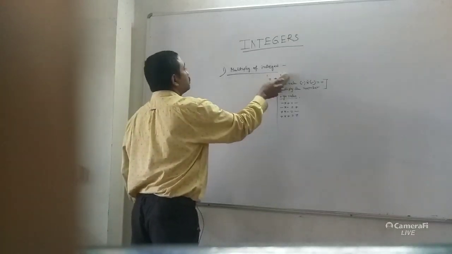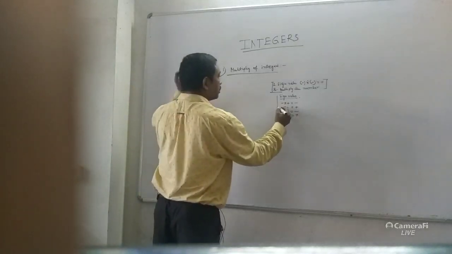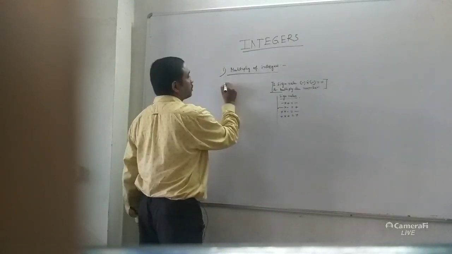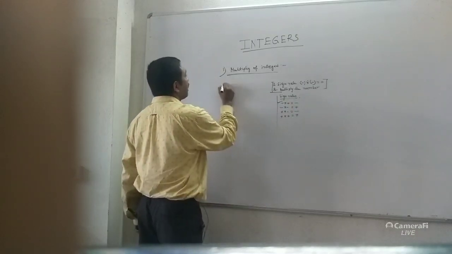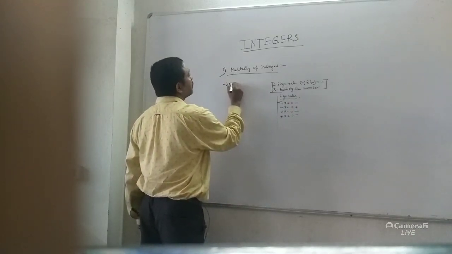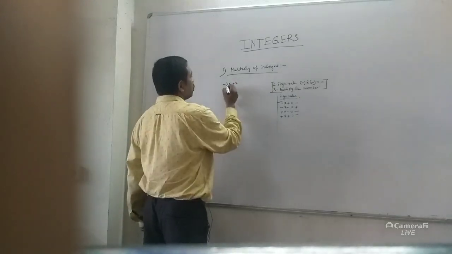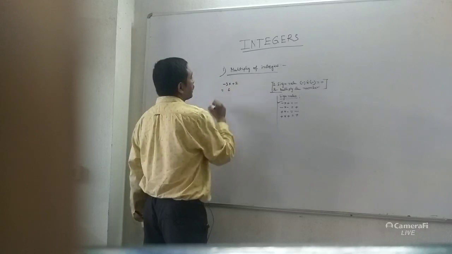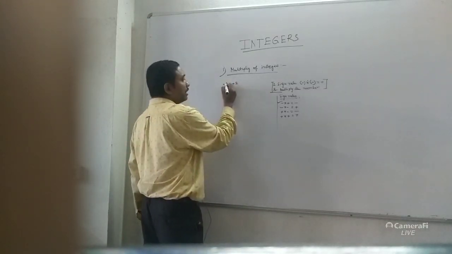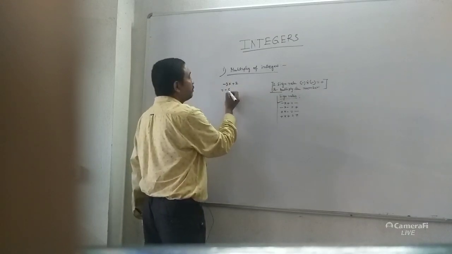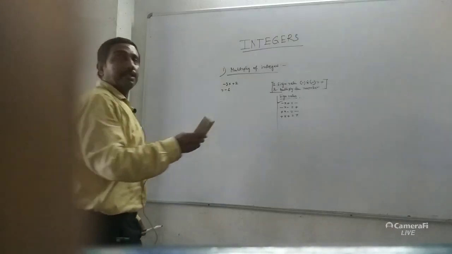Now suppose you multiply another number. Now minus 3 multiplied with plus 2. Now how do you do the multiplication? So 3 twos are 6, and what sign comes? Minus, because this is a minus sign and this is a plus sign. Whenever multiplied, you give minus sign. In this way you can multiply integers.